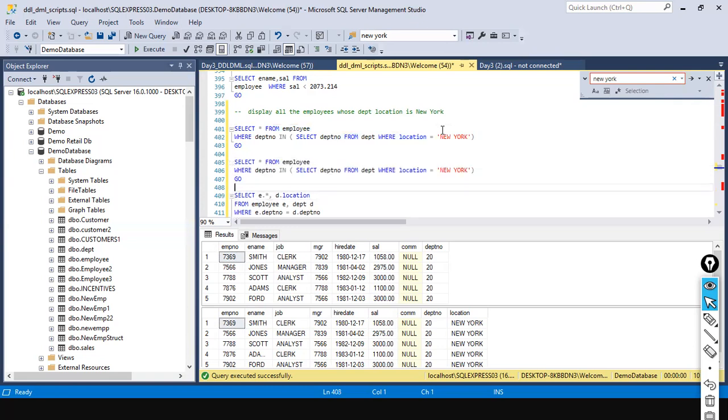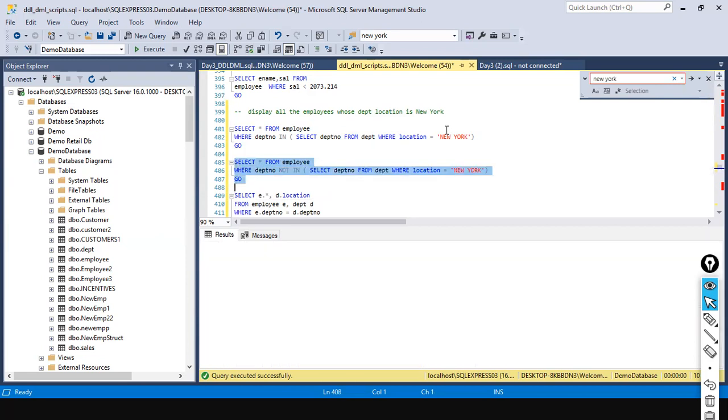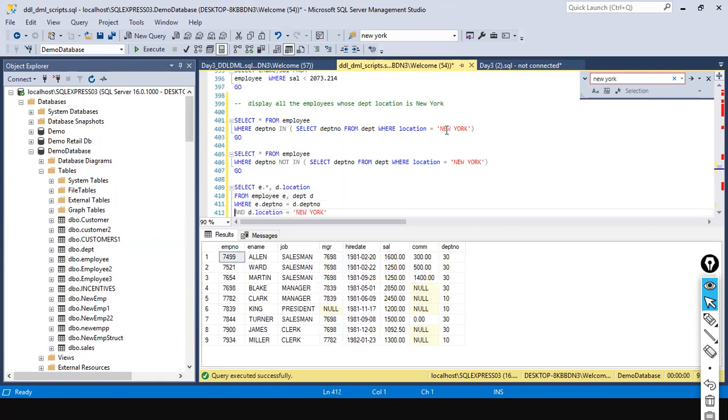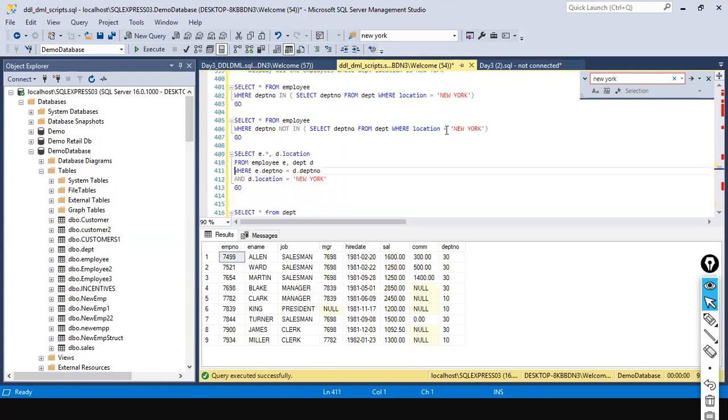Here you can use a NOT IN operator. It's NOT IN, the other one. NOT IN will give you everything except New York. Give me other location employees data. Okay, you can do it this way also. IN, NOT IN, all these things you can use. And you can, okay, like I said, for example, you wanted to know